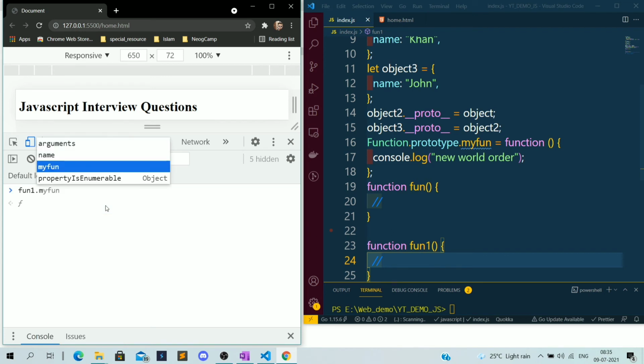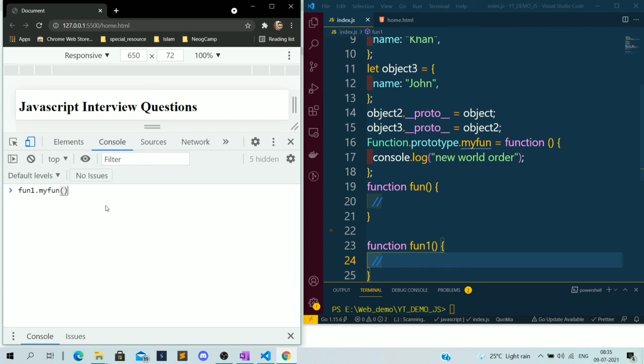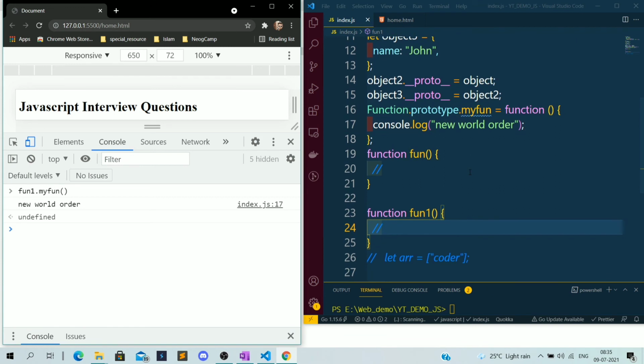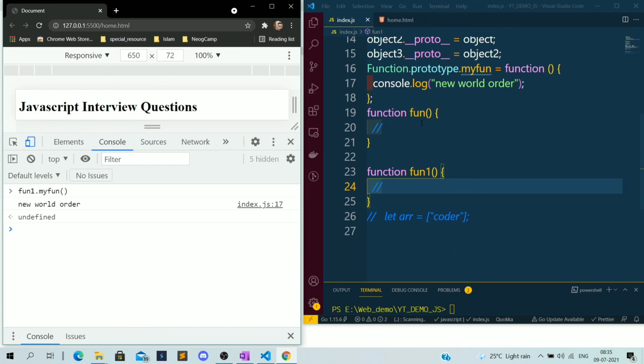I'm able to access myFun in fun and in fun one also. If I call this function, it will print new world order, because we have attached this property to the function itself. So whenever I create any function, I will be able to access this property. This is called prototype. Using that prototype, we can insert any property. So this is for the function.